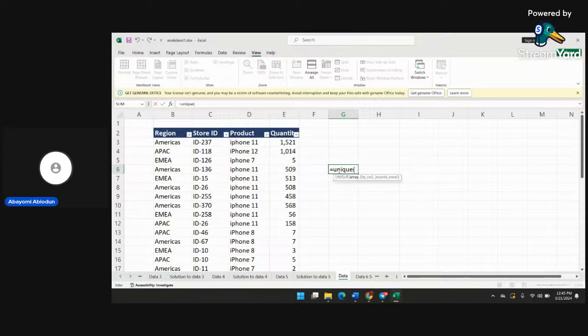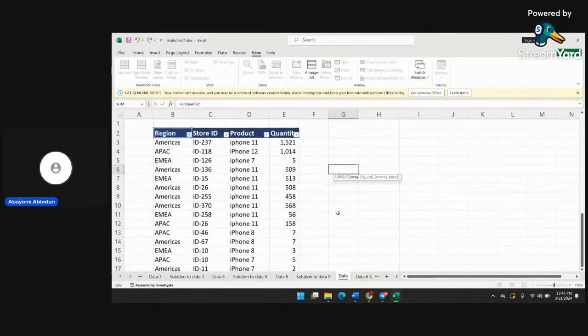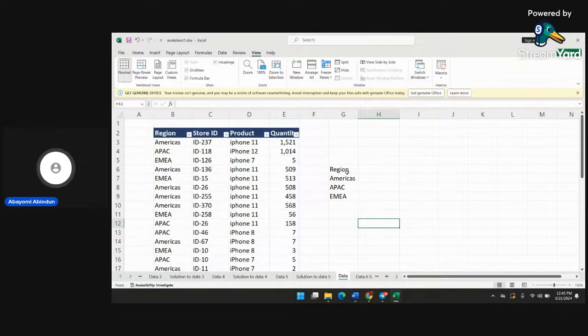So unique, then put the region there, which is B. So B2 to B. I can easily track it by, okay, I think what end this is B26. Okay, B36. B36. So if I click on enter, I can see that, okay, region as